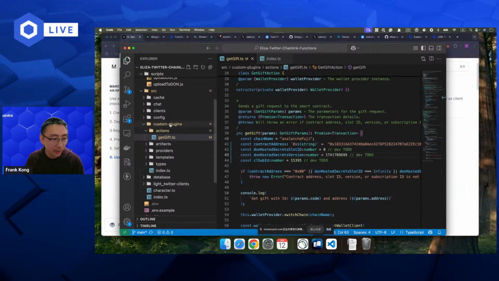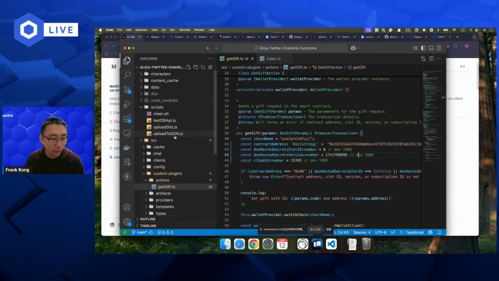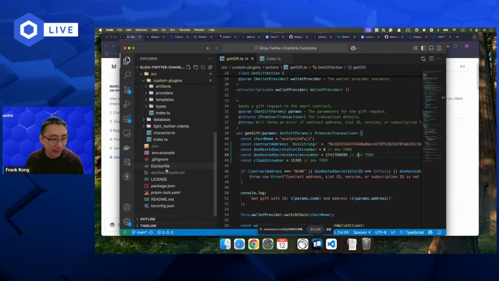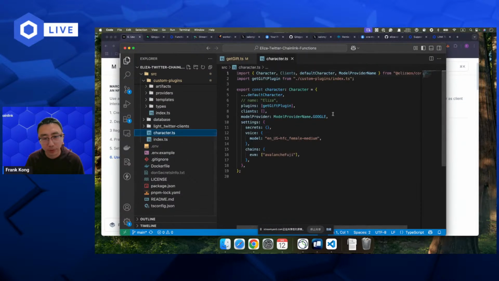And yeah, to answer the question, if you want to use OpenAI, you need to go to this one, the character file. For Eliza, or for this AI agent framework, every time the framework wants to do something, it will use the configurations. And configurations include the LLM API key, the plugins, the personality and the biography.